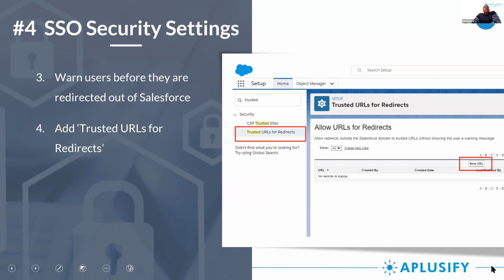What will happen is, if a website is not put as a trusted website in your settings here, it will not go to that website. So it's an extra check that you can do, especially for all these emails that redirect users to the hacker's website. If that is not a trusted URL that you have put here, you will prevent your users from going there. So these are all preventive measures, small things that can be taken care of by your Salesforce administrator, or by your IT team, or by your security team.